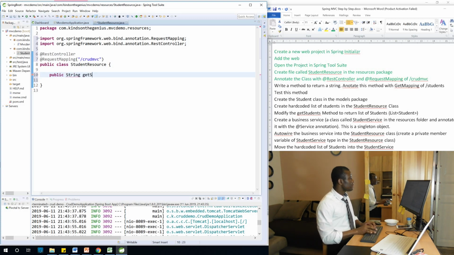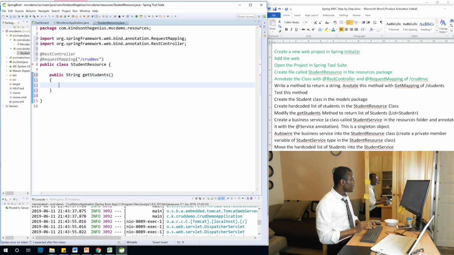Let's say getName. We are going to change it. Let's say getStudents, because eventually we are going to be creating a list of students. Get students, and now I'm going to just return a string. So return